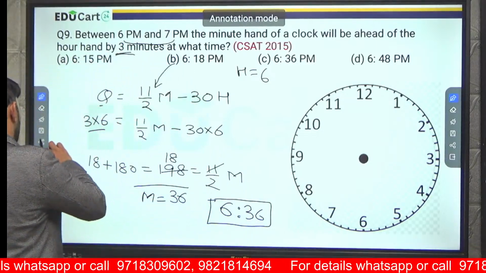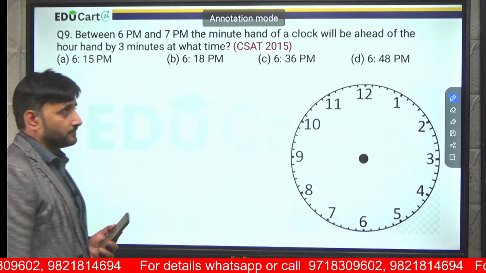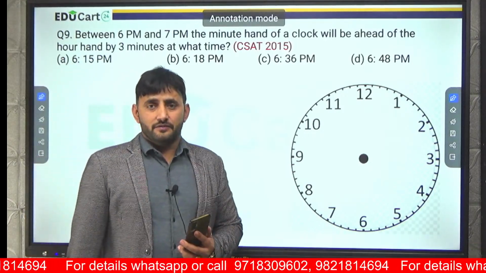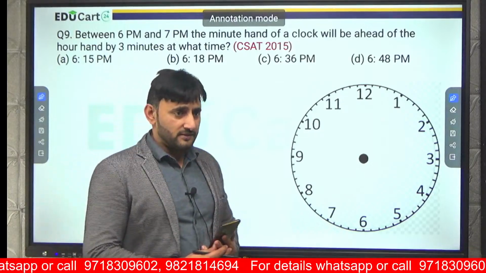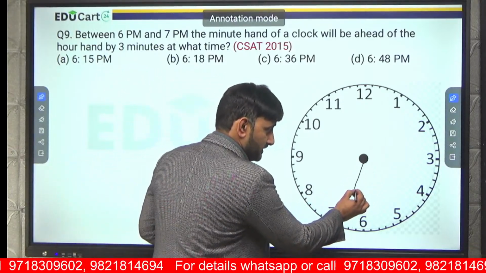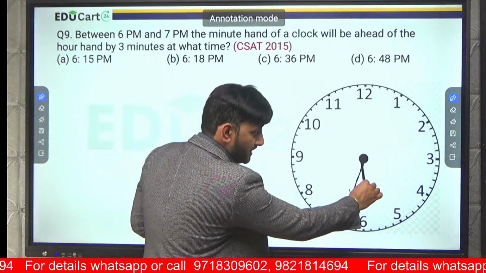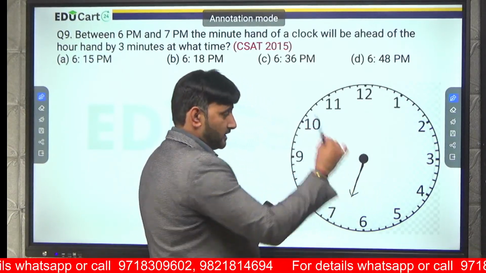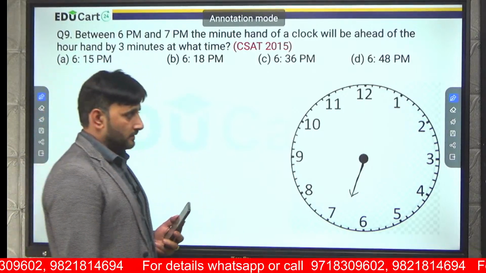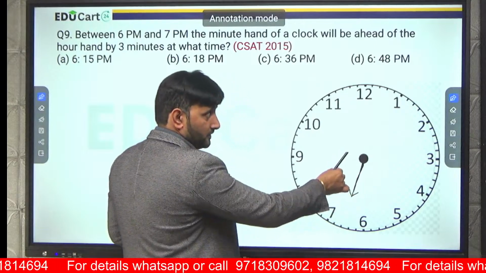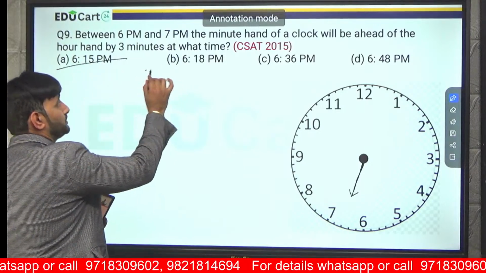Fine. Now because this question was asked in UPSC, I'll solve it by the logical method also. Time is between 6 and 7. So where will our hand be? Our hand has to be between 6 and 7. Say yes or no. The minute hand is ahead of this; it has already overtaken it and gone ahead. So will the time be after 6:30 or before 6:30? The minute hand is ahead of this, so the time has to be after 6:30. Can I erase these two options?